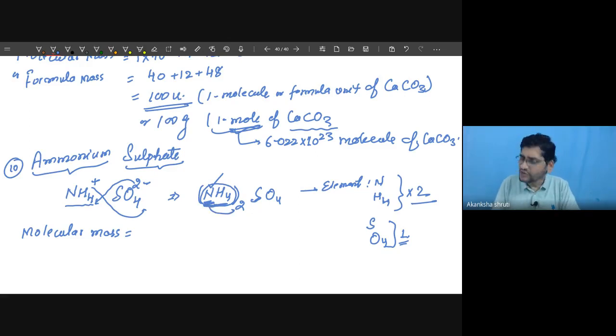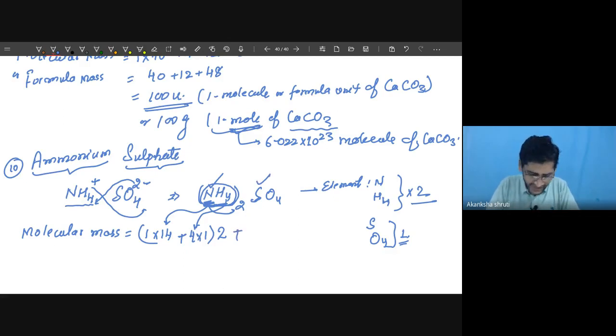Okay, so you are free to write in 2 ways. Either you can write this nitrogen as 1 time, and for nitrogen the mass is 14, so I shall write 1 into 14 for this nitrogen, plus hydrogen is 4 times, but their mass is 1. Now this entire unit is present 2 times, so we can put this 2 after this bracket and multiply by 2. That is also one of the ways of writing.